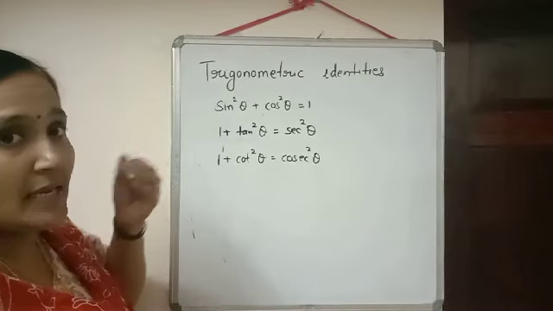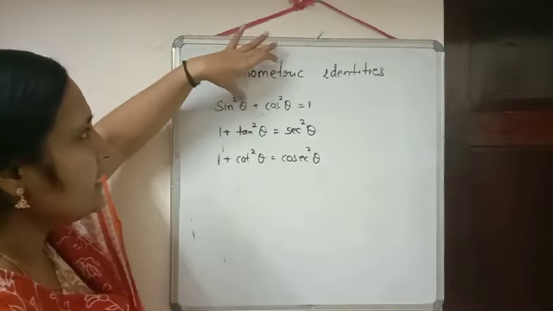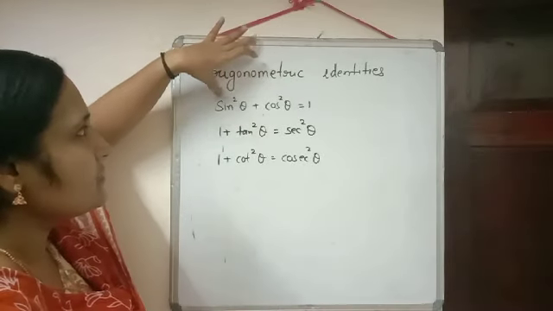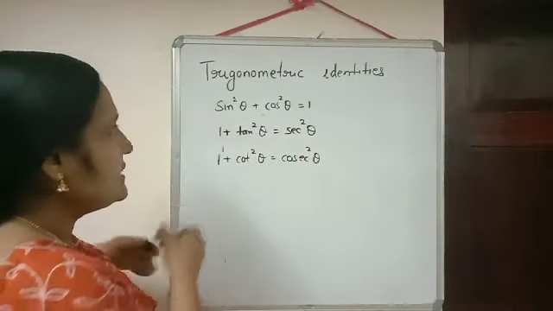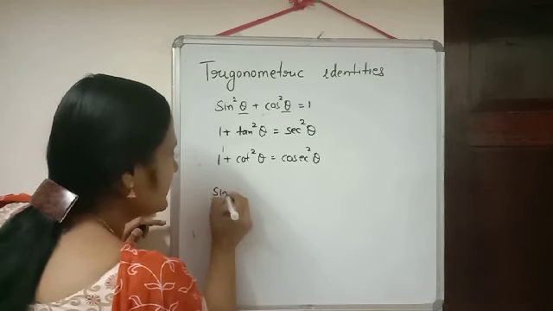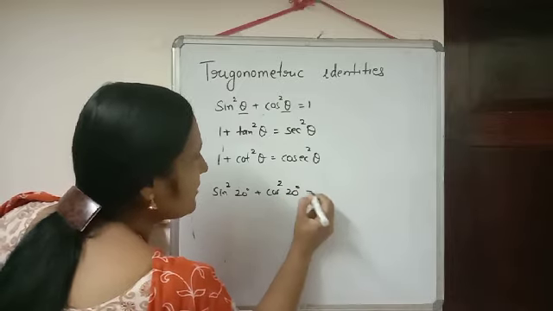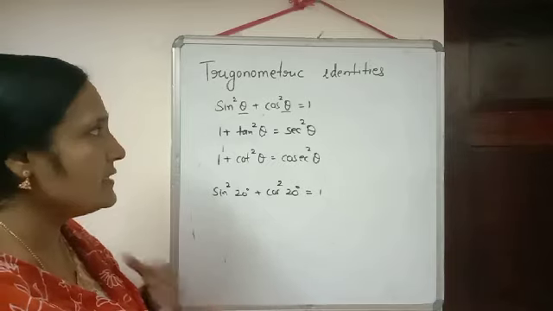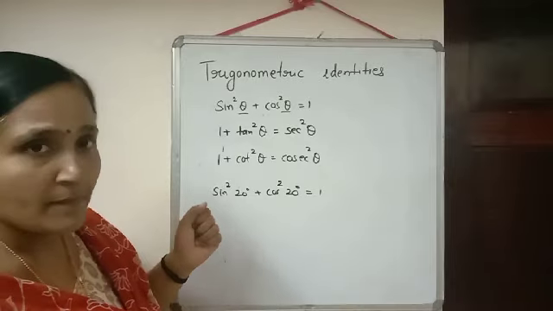Now, what is the meaning of this identity? Here I wrote the angle theta. It means when these two angles are equal, then if we square the trigonometric ratios of sine and cosine, their sum will be equal to 1. So the condition is that these two angles should be equal. Based on this identity, sin square 20 degree plus cos square 20 degree will be equal to 1. You don't have to find it out because we don't know what sin 20 degree is. Using this identity directly we can write its value as 1.